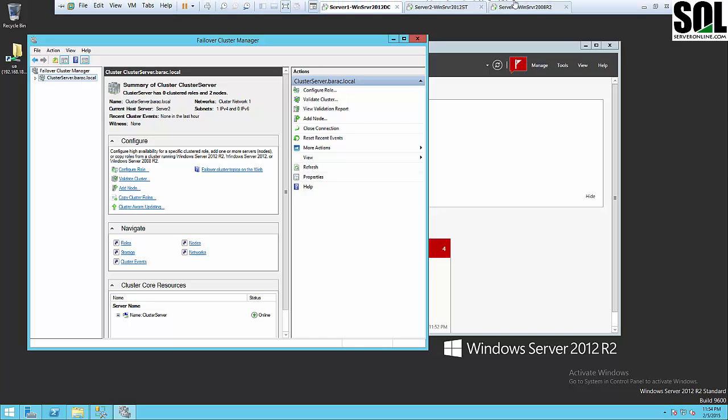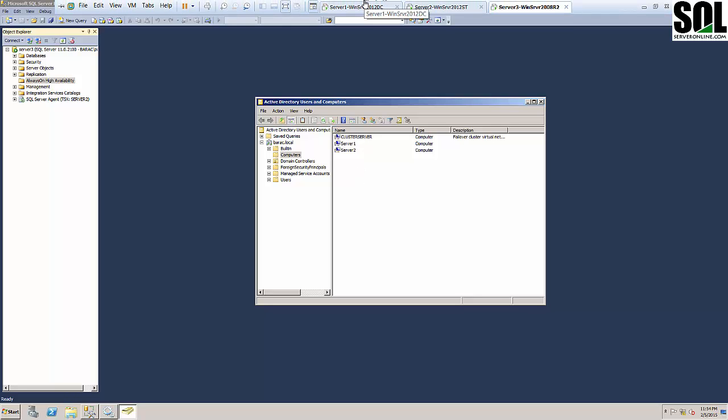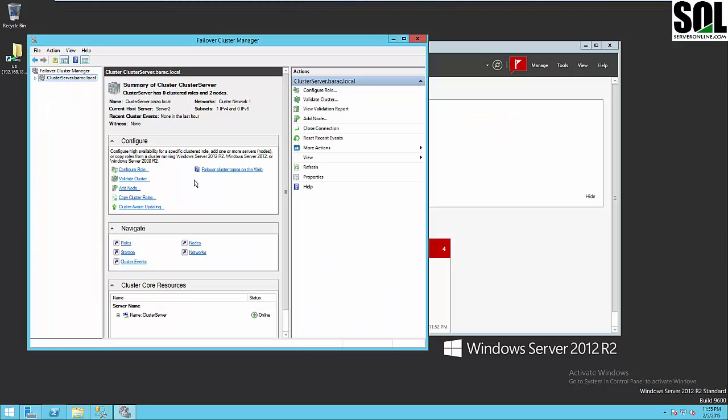If you check our domain controller, you will probably see our cluster server here. As you can see here, it's already created, and it's on the list of our PCs in Active Directory Users and Computers. And once the Windows Server Failover Cluster has been created,